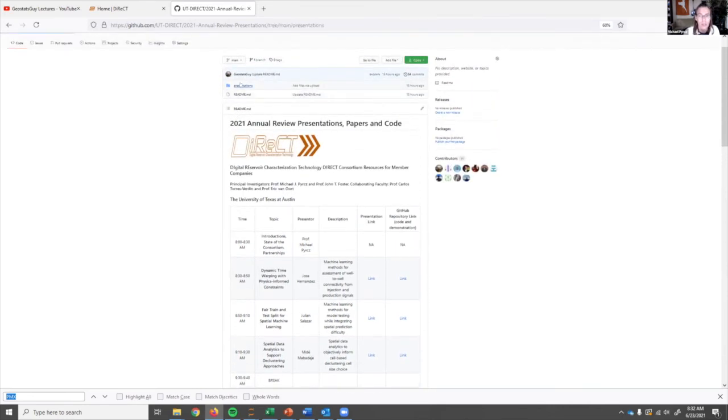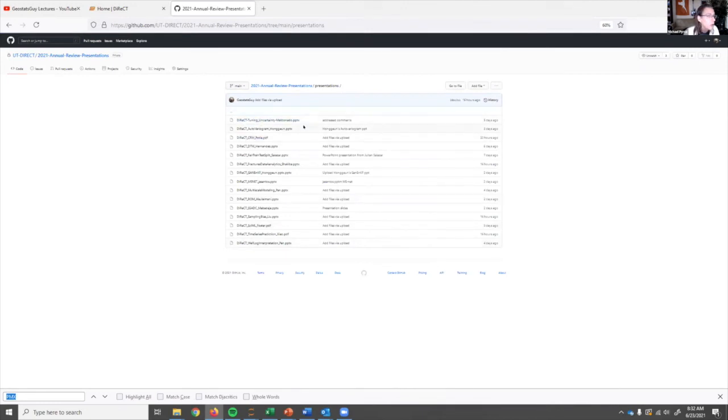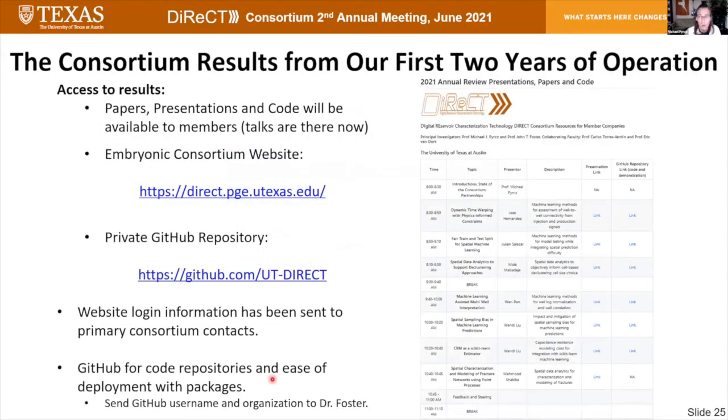The presentations are all available in this folder right here. You have original PowerPoint slides. I like that because if you want to take a piece of it and communicate it with your managers or show it when you use the workflow, you have access to the raw figures and to all of the text to help you do that. So we want to see you use this work and we're trying to support you as best as we can. All right, that's the resources. There's a lot available to you on the GitHub repository and the website.